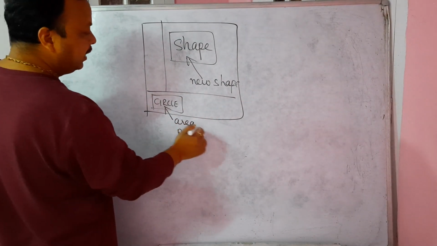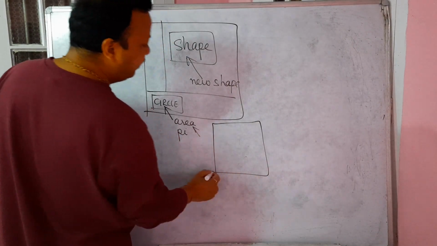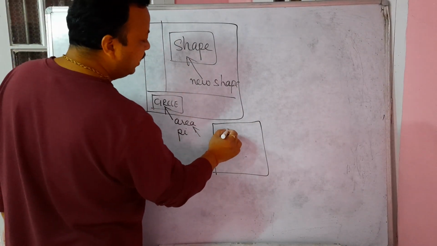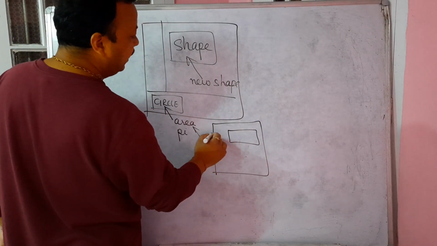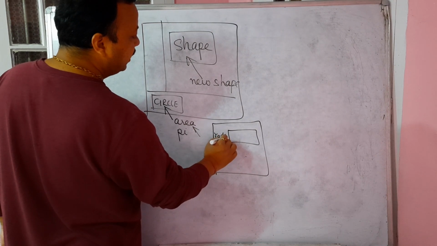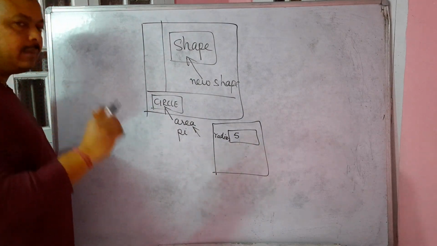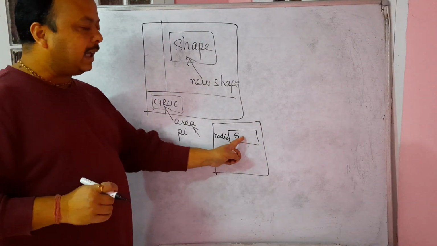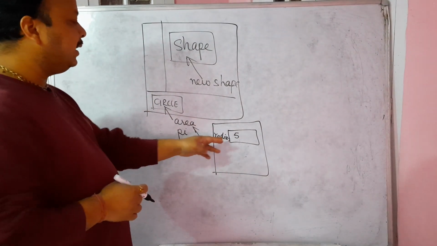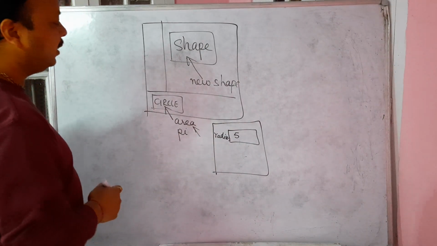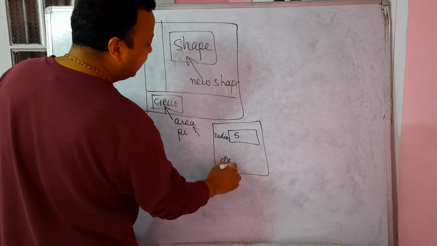So you choose area. The area function is going to pop up a dialog box where it will ask you to supply the value of radius. So suppose it is 5 centimeters. You just type 5. You don't need to type cm there because it is an integer value. So only 5, a whole number, and then immediately you click OK.